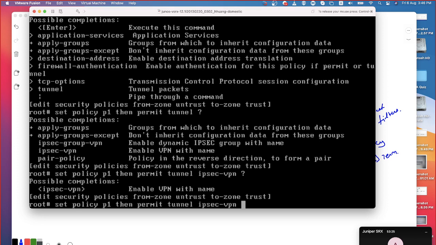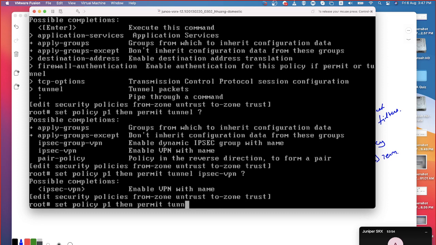See, in Juniper, of course in other vendors also it is possible, but we keep on saying that in Juniper there are two types of VPNs possible. One is policy based VPN, the other one is route based VPN. When we come to VPN, I'll explain you. So on a policy also, you can define the action as a tunnel. If the traffic is matching the condition, the traffic is going to be sent through the tunnel.